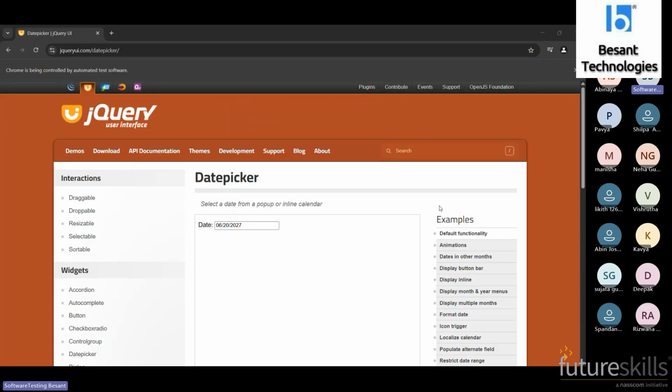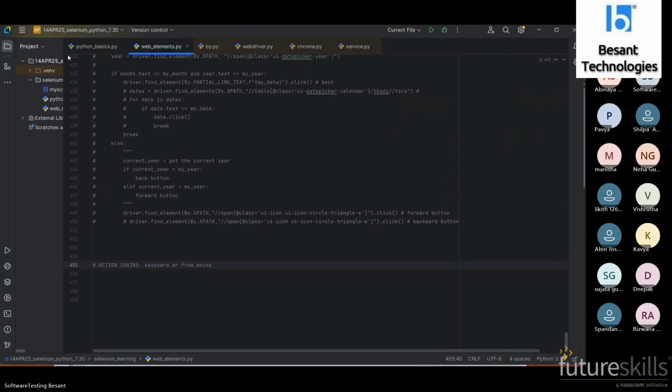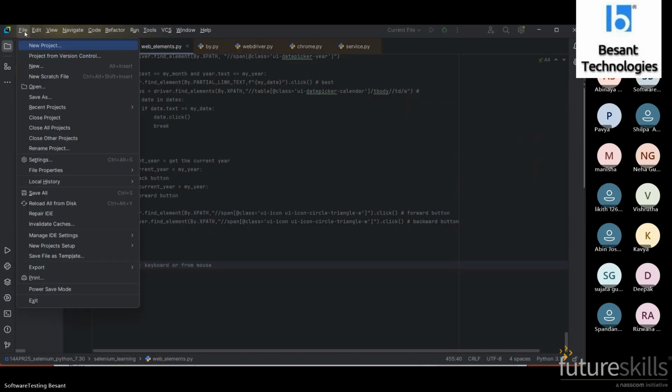For example, maybe you guys know, anyhow I will tell. See here, we have a list of items, and beside them we have the shortcut keys. Instead of selecting this, if you go with Control plus Alt plus Shift plus Insert, it will create a new scratch file. So these are the shortcut keys. These shortcut keys are input that we are giving from the keyboard.